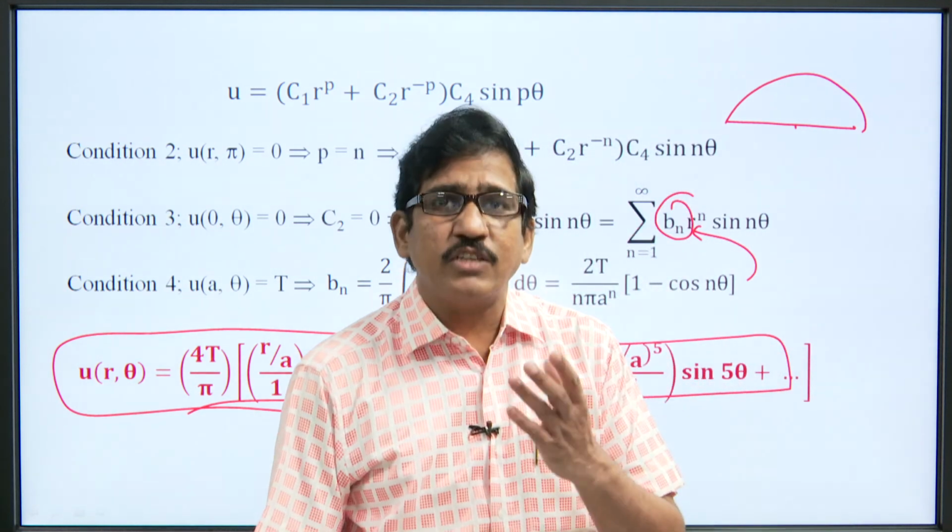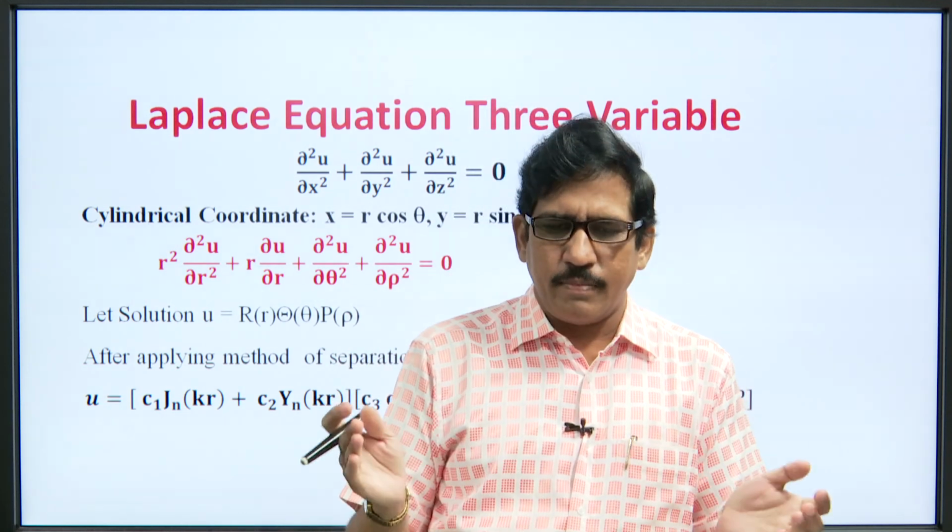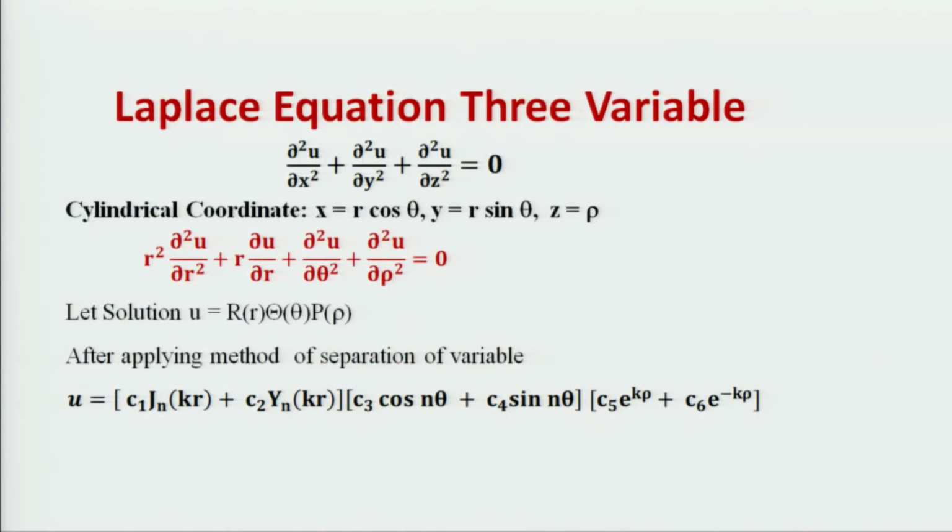So, this is a case of 2 dimensions. In 3 dimensions, the situation becomes a bit more lengthy, so I am just taking the differential equation here. In 3 dimensions, the Laplace equation is del 2 u upon del x2 plus del 2 u upon del y2 plus del 2 u upon del z2. To solve this, we consider u as a function of x, y and z, substitute in the equation and get the solution as we obtained for the Cartesian case previously.